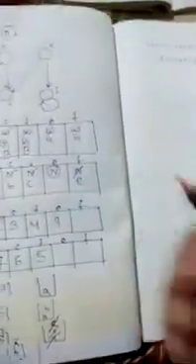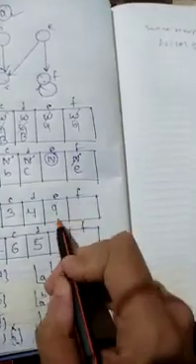C is already visited, it is black, but F is undiscovered. That means we have to consider F here. C is not considered, F will be considered. By E we have to discover F. Previously all the elements were popped out. Now E will be entered into the stack. And what is the color of the F? Now F is discovered. The color of F changes to gray, and the predecessor of F is E, as using E you discover F. And what is the time unit? After 9, it is 10. At that time unit F will be discovered.